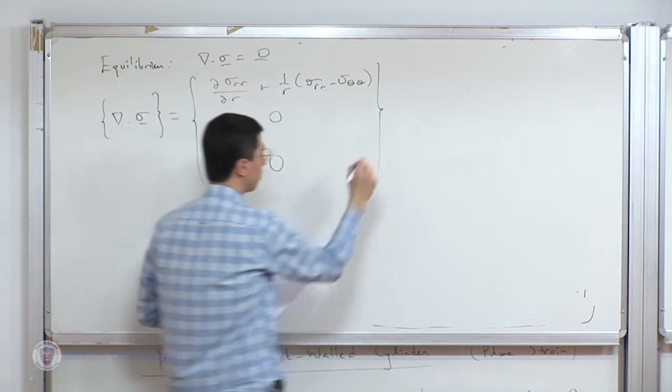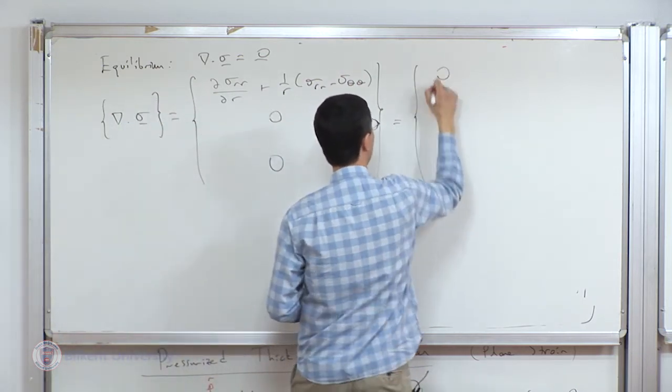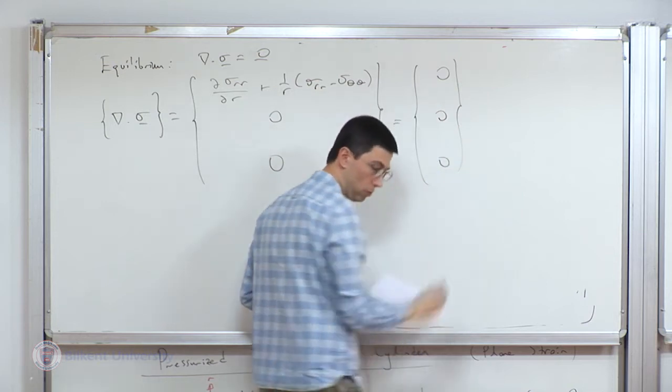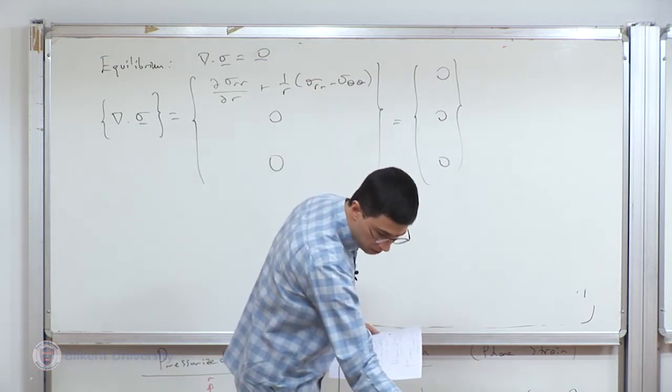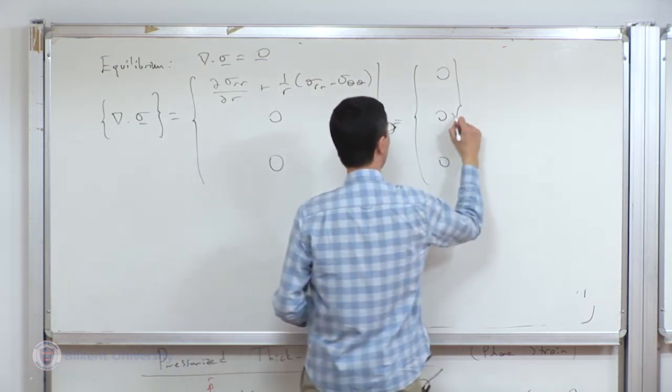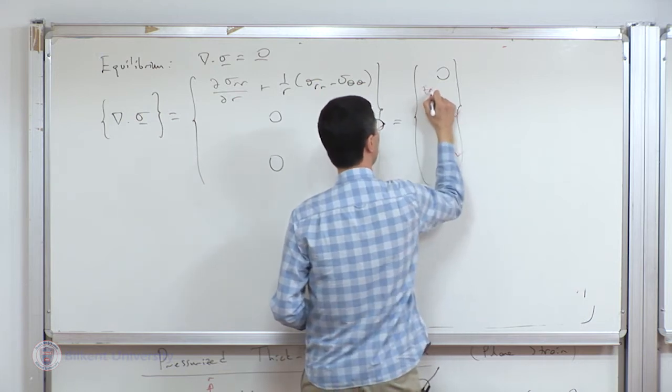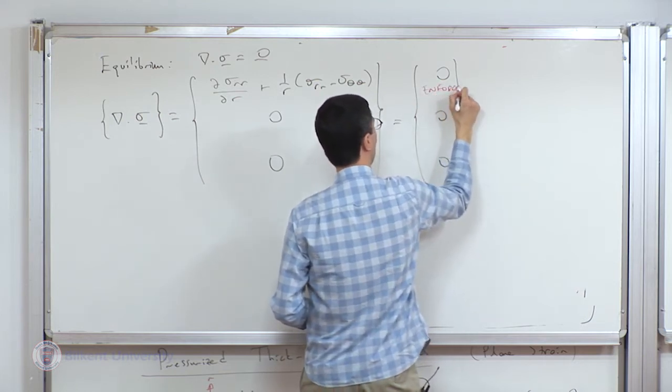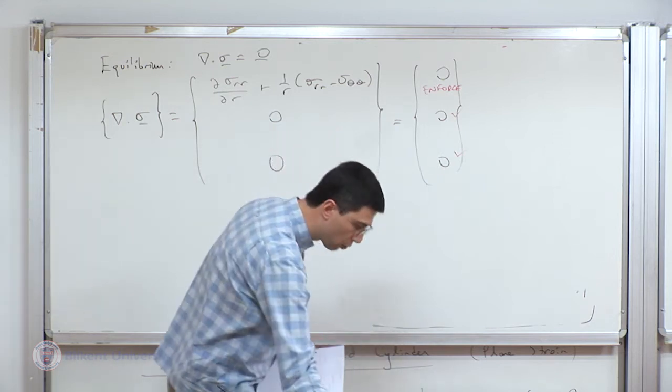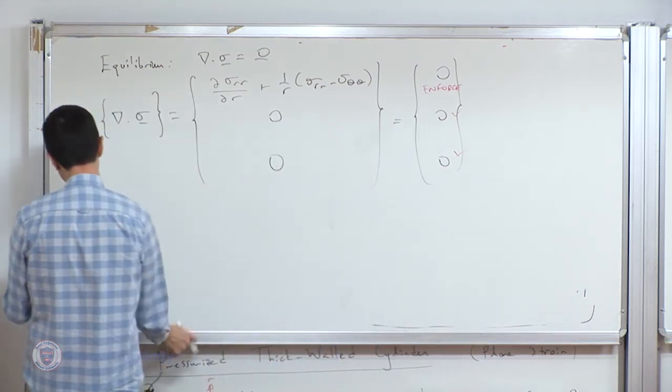The other components are 0, so that has to be 0. The last two are identically satisfied, and the first one we need to enforce. Okay. So the only non-trivial equation eventually is